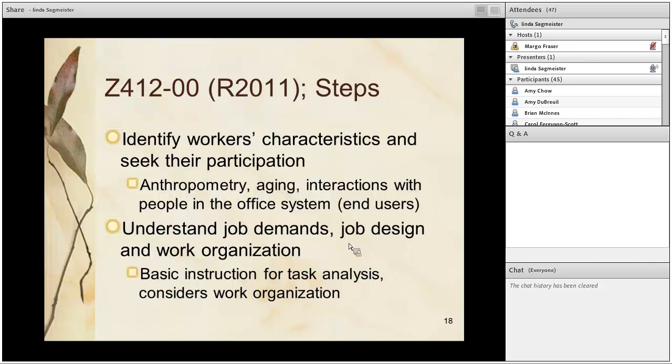Then it talks about what needs to be included when you're developing the work organization and design, in terms of variety, task completion, and task significance. These hit on some of the psychosocial factors that might affect or be affected in work organization, and it allows people to understand the breadth of what we're developing and how people interact with it. We talk about flex time, shift work, overload, overtime, and then, of course,